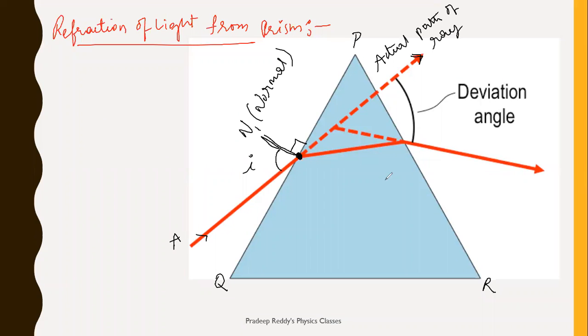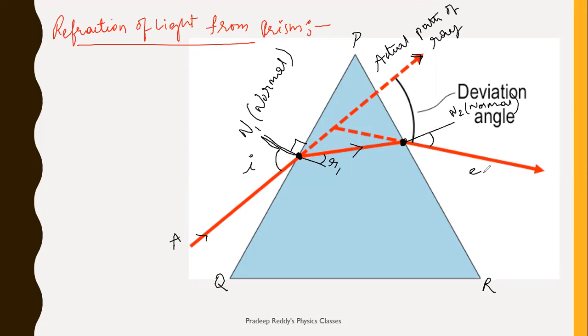But when it is entering into the prism, this is normal. It should bend towards the normal, and this is the angle of refraction. I represent it with R1. Now this light ray is being refracted. After refraction, at this point it is emerging out. Here you need to drop one perpendicular. This is N2. N2 is another normal for the second surface. Okay. With the normal, it is making some angle.